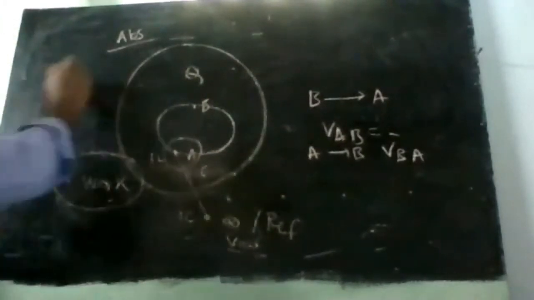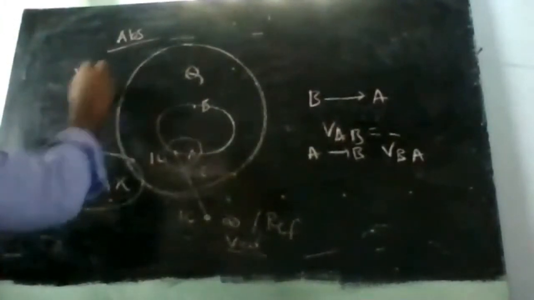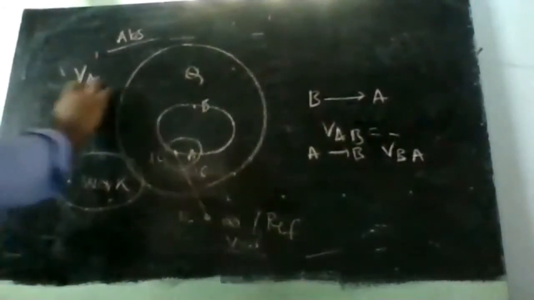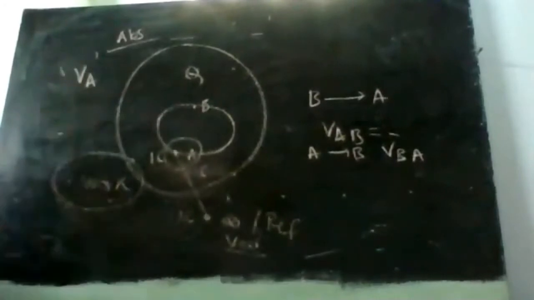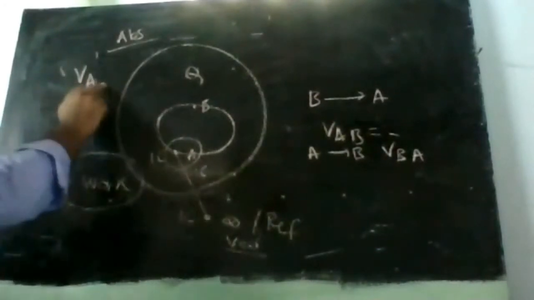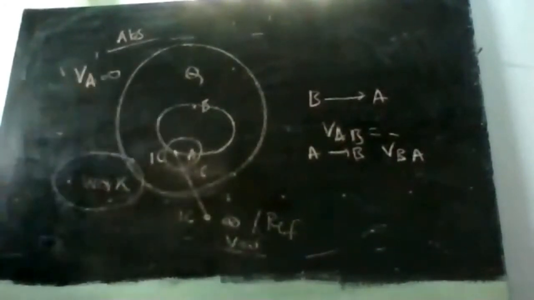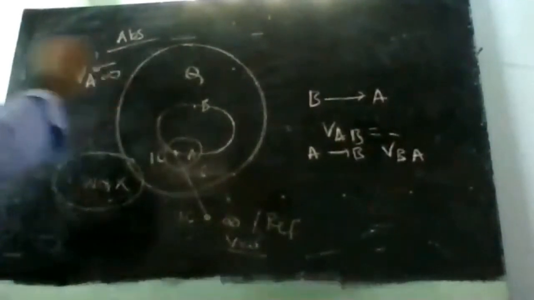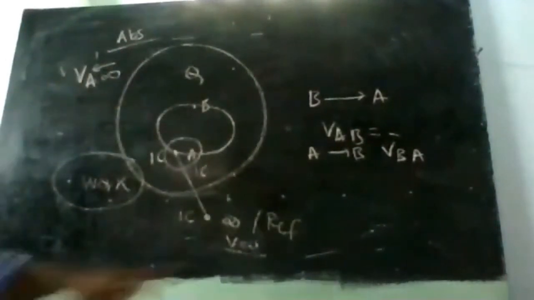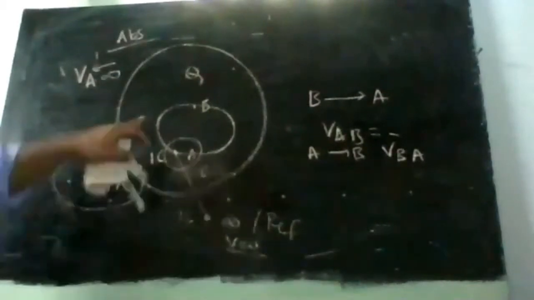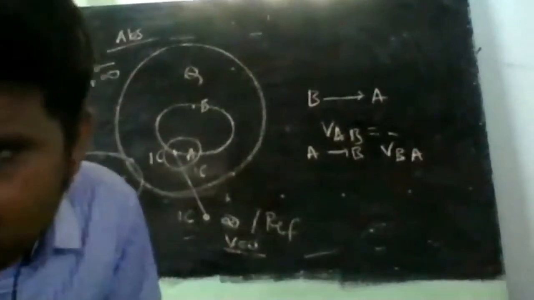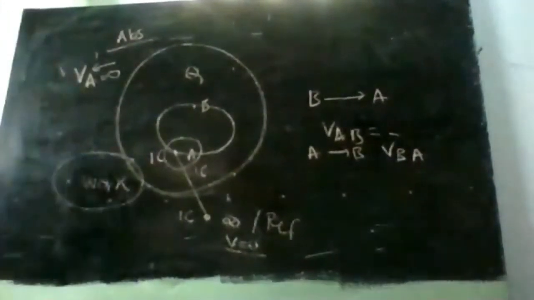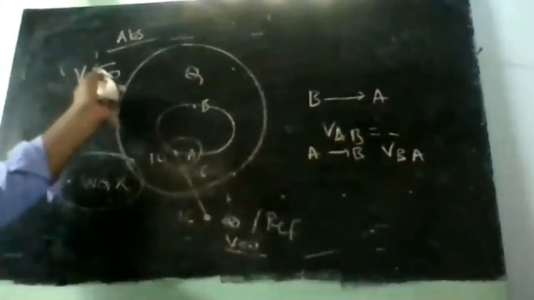Okay, so it is represented by VA. When we say VA, it's called the absolute potential. There is no second point here, right? So the initial point has to be taken as infinity. I am moving the unit test charge from the infinity location, or zero reference point location, to the point A. If I do that, then such a concept is called the absolute potential at the point A.